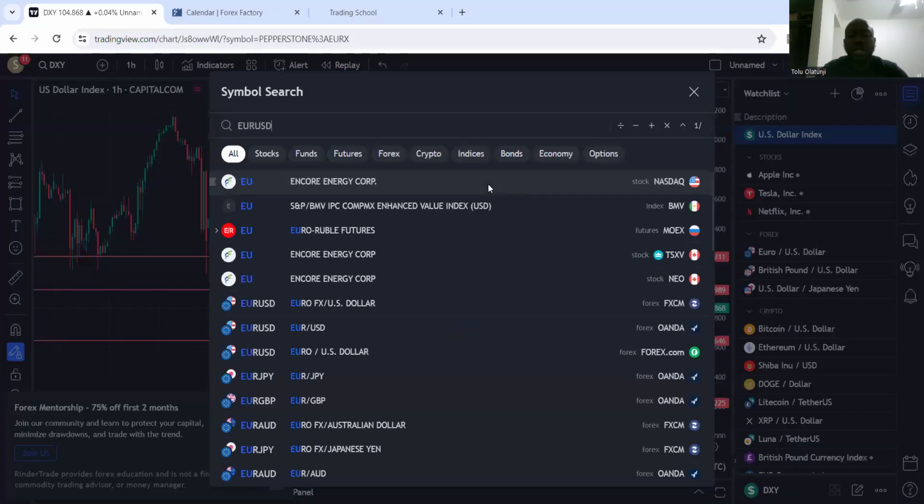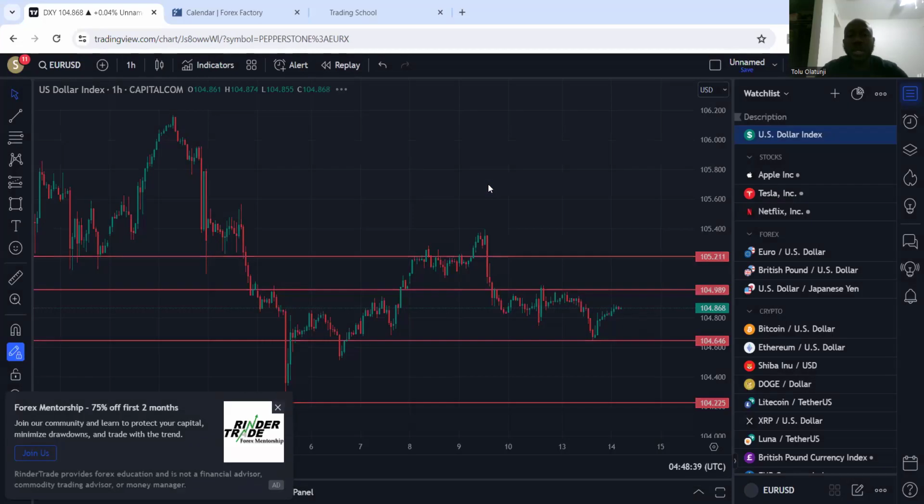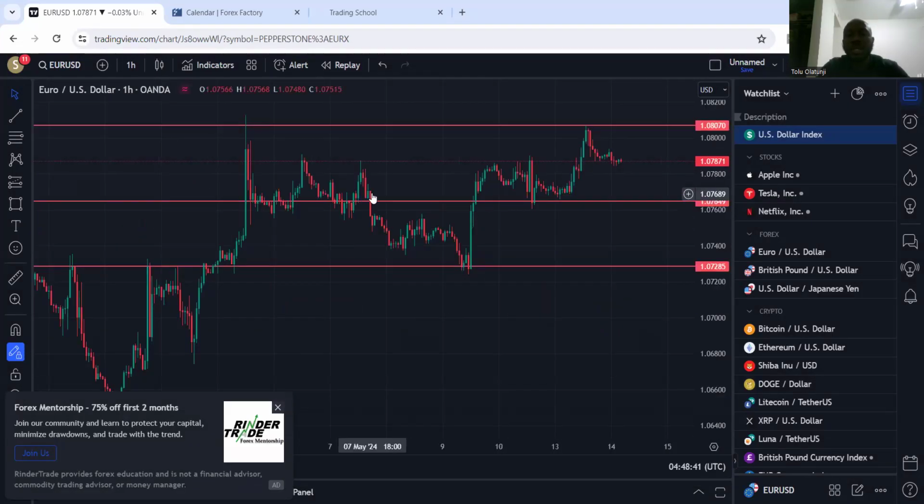Now, when we look at the EURUSD right here, you notice something pretty similar to the DXY that we looked at, in the sense that it's more or less in the middle of nowhere, you could say. And then we're looking for price to come back to this area here of support or to this area here of resistance, right? And of course, if you come back here, we look for a possible bounce or a break,